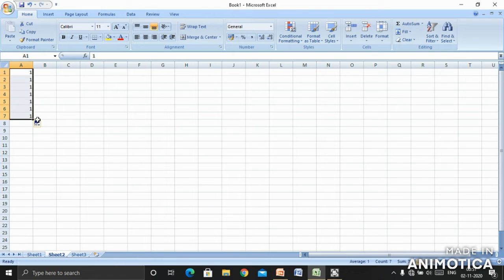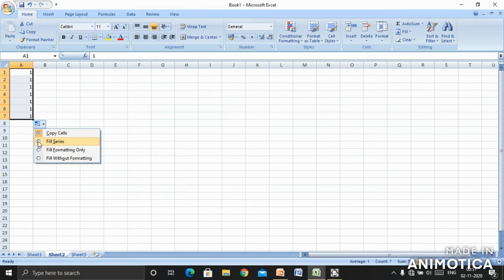Only one will be written over here because there is no other digit written below it. I only selected the first digit. Now suppose you want to auto-fill this. At the bottom there is a small box where you can get a drop-down menu. From this we can select whatever we want to do.